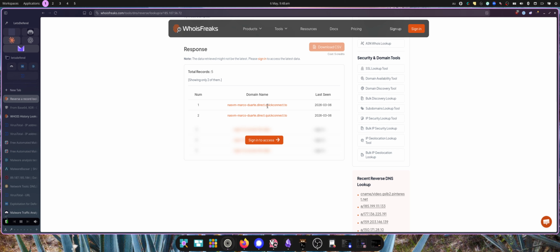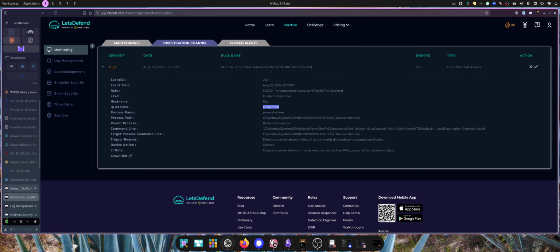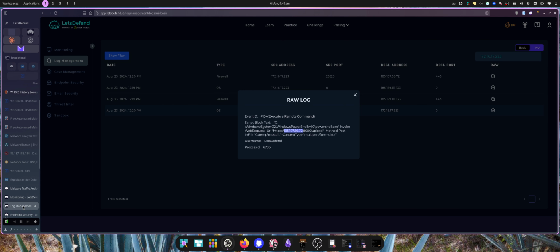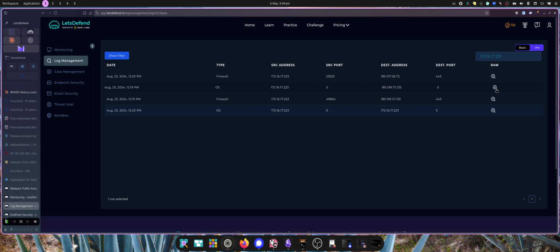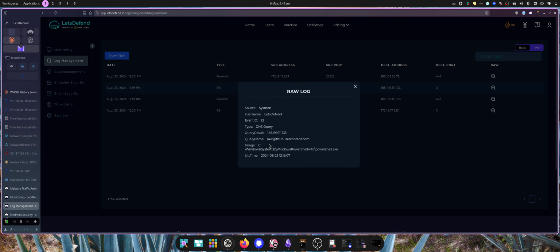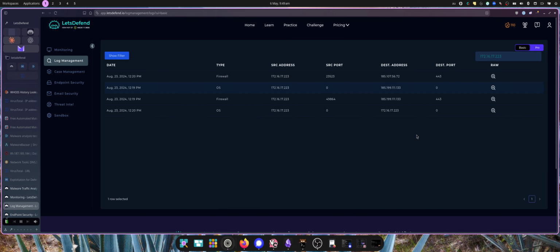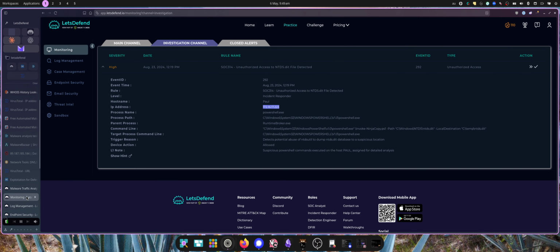So I think from experience that QuickConnect, like a Synology NAS, uses that to be able to connect into your NAS remotely, and NAS VM at the front fits in with that as well. So okay, they exfilled to potentially their own site. And let's check the other one. So that's the exfil, and then this must be them grabbing the content. So no, it's just the DNS query. So we haven't seen how they got the script onto the endpoint, but it looks like we see how they got the file out. So let's